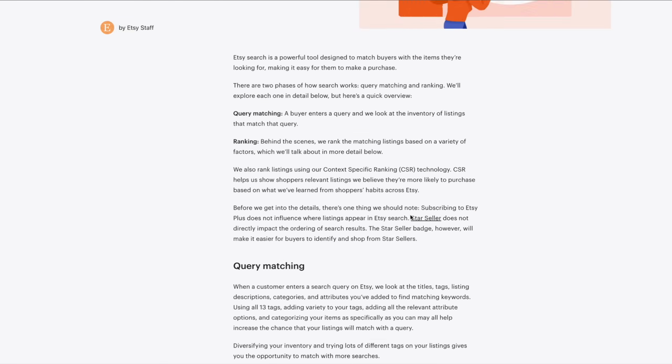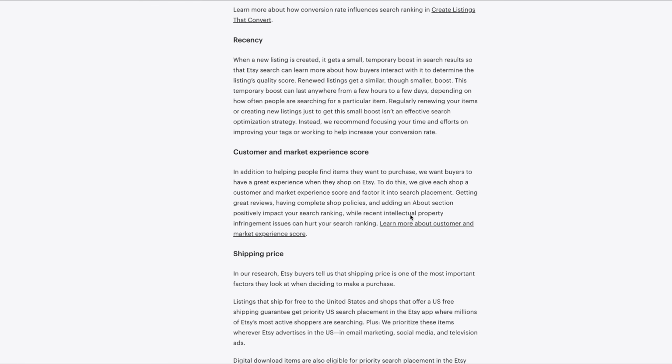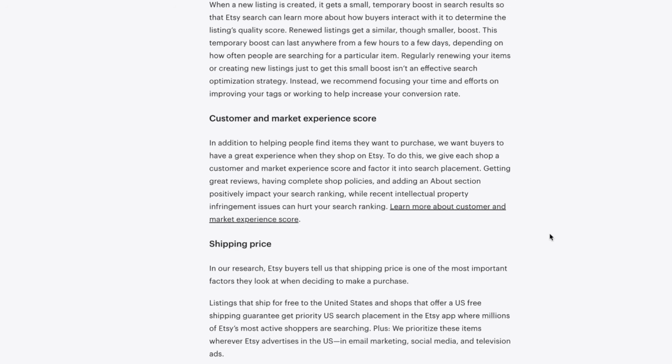So this is for things like your shop announcement and your about section. Quite often I see sellers skip these areas because they aren't sure what to put or they think they're not important. However, it is actually part of your customer and market experience score, which is one of the areas that Etsy uses for ranking your shop within the algorithm. Therefore, it's important to have something in both, even if it's short and sweet. It's also an opportunity to use some of your related keywords as well, whether that's a niche or an aesthetic